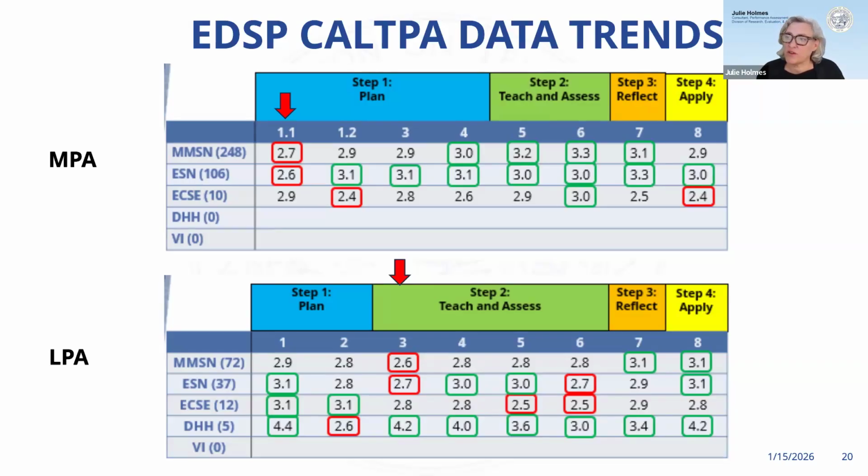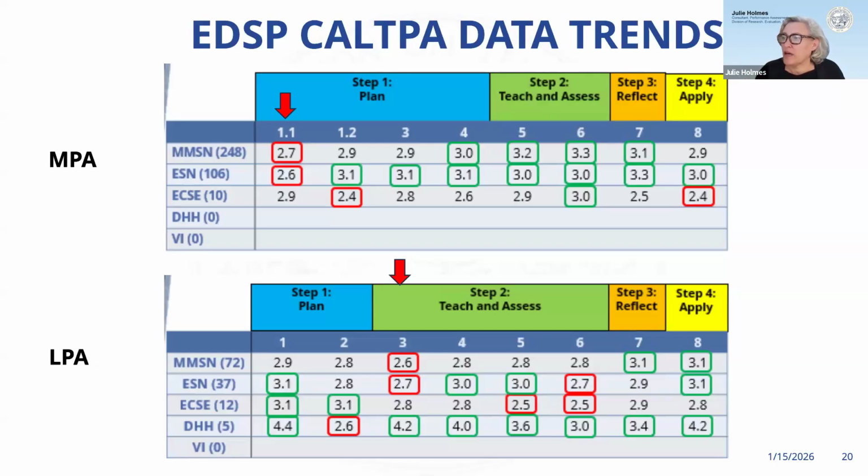So in looking at this first table, again, 8 rubrics, you will notice this table is a little bit different than the other table, than the CalTPA, because any rubric that had a mean score of 3 or above is highlighted in green. So you will notice all of the greens just signify that it's 3.0 or better. And then in red is the lowest scoring mean average for that credential area.